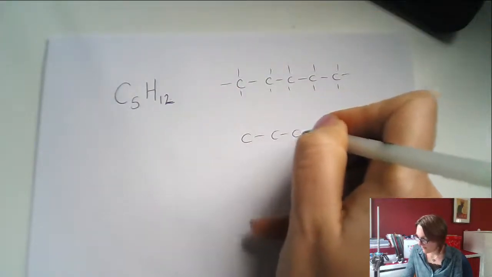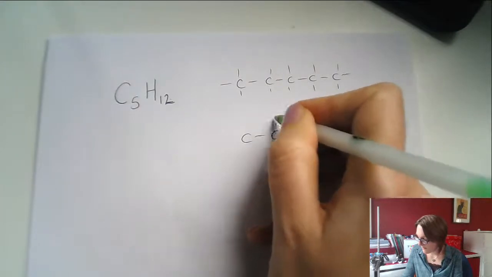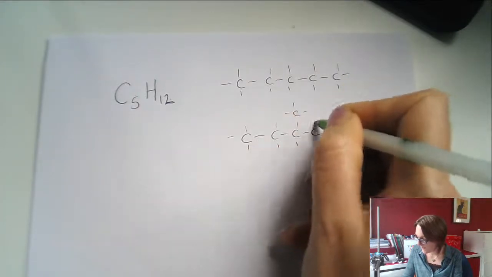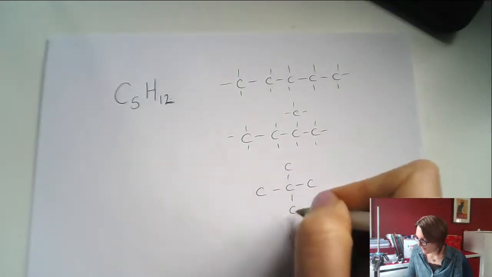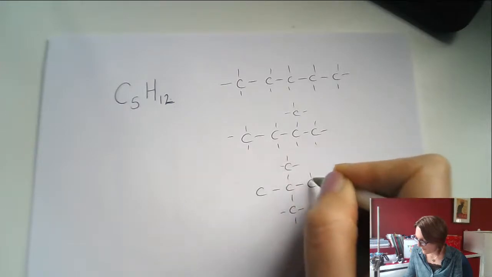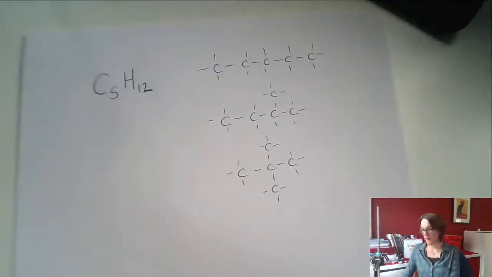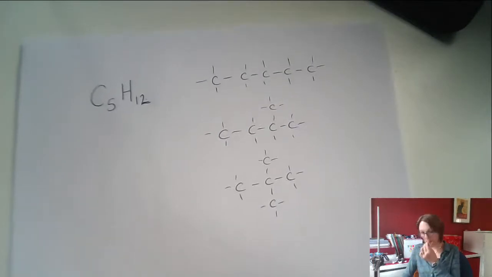Pentane, methylbutane (I'm not drawing the hydrogens, we haven't got all night), and dimethylpropane. So there's my 3 different possible isomers, and chemically there's nothing different about them. Boiling point wise they would have different boiling points, we talked about that last week, but other than that there's no chemical test I can do for isomers like that, so mass spec would be where I would find information